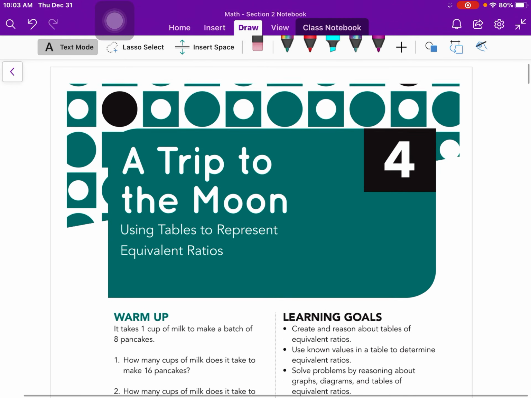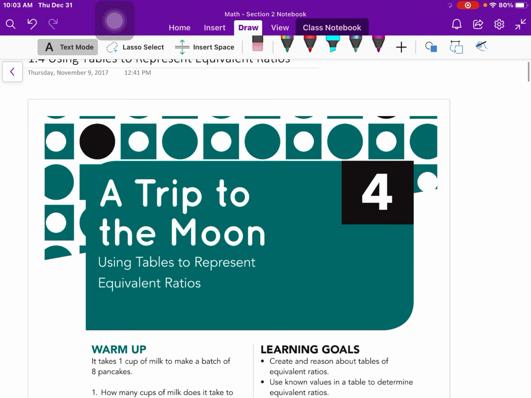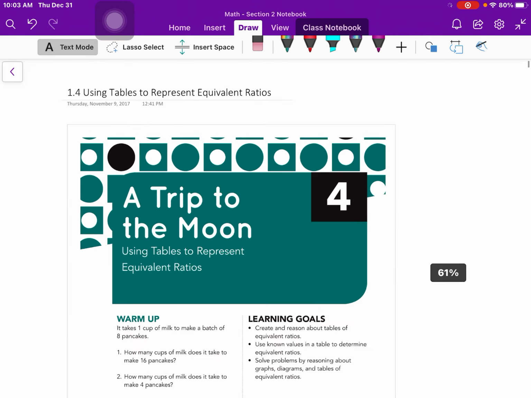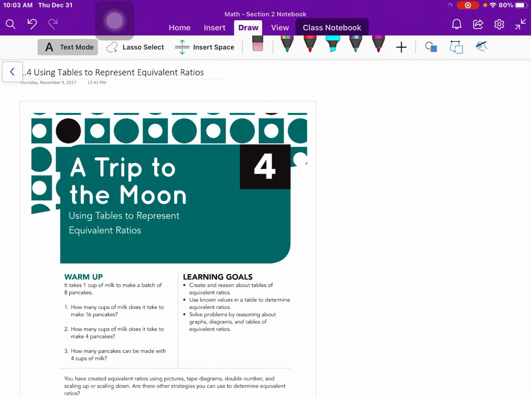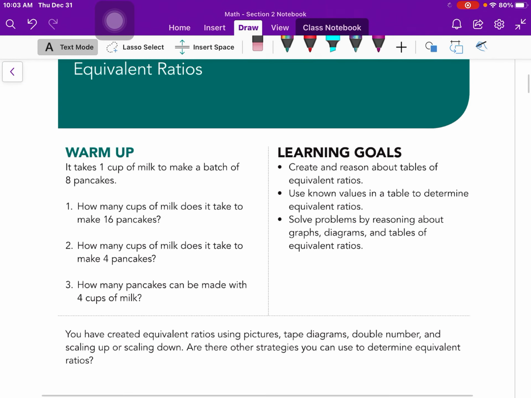M2-57. All right, so we have learned a number of ways to find equivalent ratios. We can draw pictures, we can use tape diagrams, double number lines, use proportions, scale up, scale down. In this one, we look at tables, and this is very often how people organize information to solve a variety of problems. And so we can use what we know about equivalent ratios to help fill in tables, make predictions,